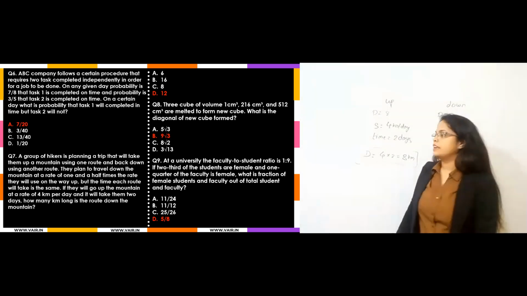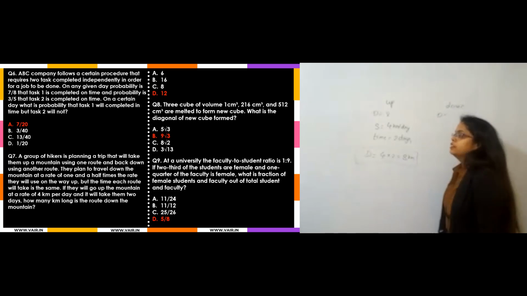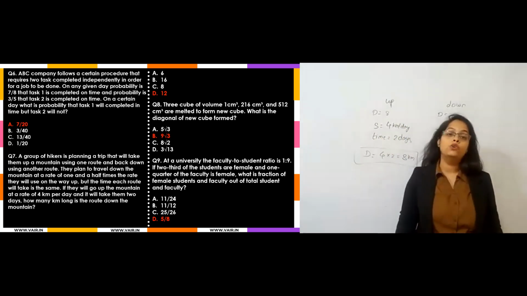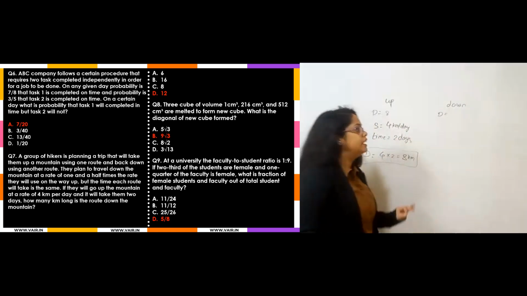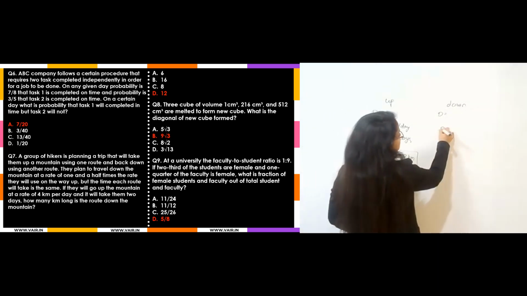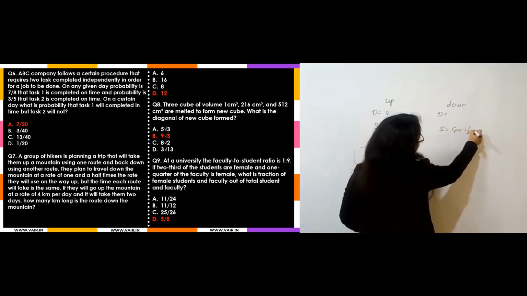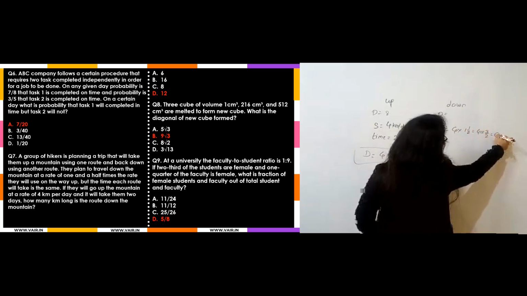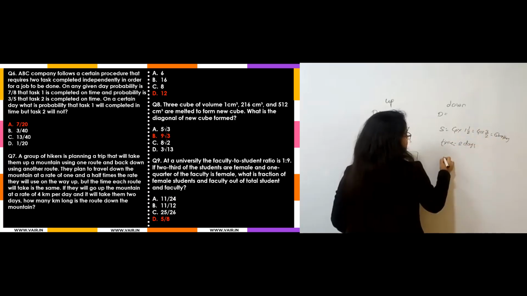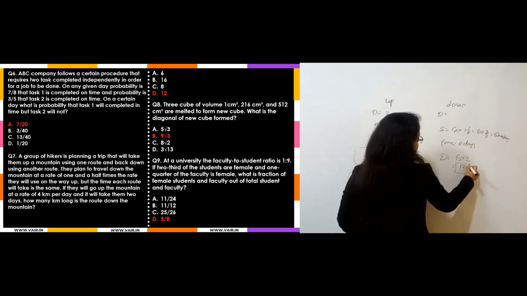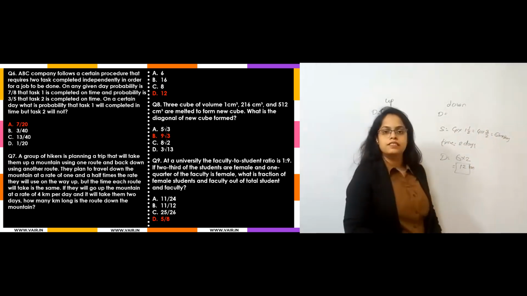But now what are they saying here? And it will take them 2 days. How many kilometers long is the route down the mountain? Now they are saying that speed is 1.5 times of this one. So this speed will be equal to 4 into 1.5. That means 4 into 3 by 2, which is equal to 6 km per day. And time required is the same. Time is 2 days. So you can see your distance will be equal to 6 into 2, means 12 km was the distance. So your answer was 12 km.